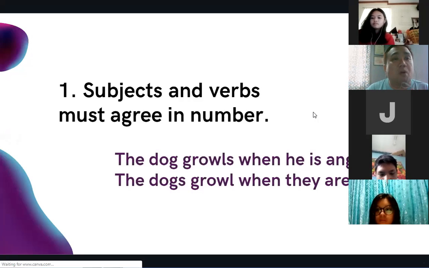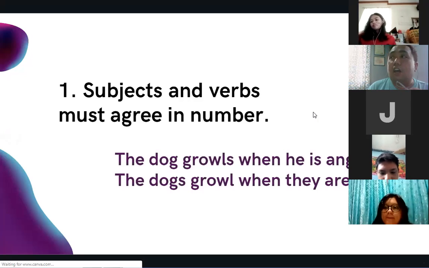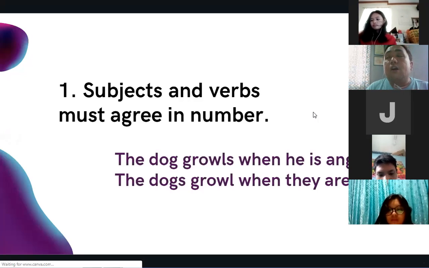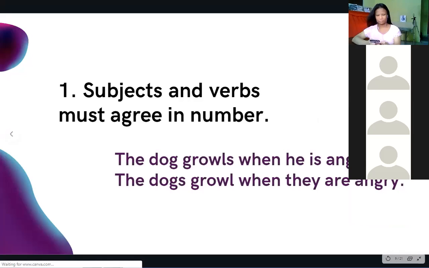Tama? Kunyari, you have flower. How do we make it plural? Add S, it becomes flowers. Others like bottle. To make it plural, you make it bottles. However, there are nouns that are formed by changing its spelling, okay? Or by adding certain letters or words. For example, child. How do you make it a plural? By adding EN at the end, or REN to make it children. So that's how we do it. Life, the plural form, we replace F with VES, lives.